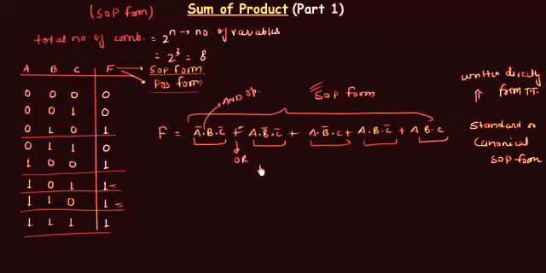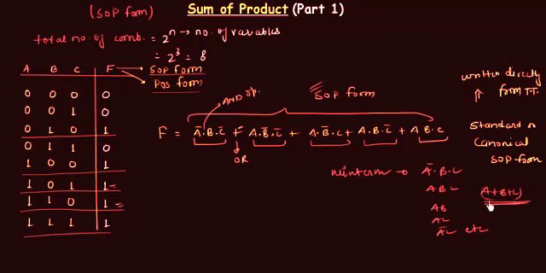But before that, let me explain you one important thing, that is the min term. The min term usually looks like A complement B C, A B C, A B, A C, A complement C, etc. I am calling it min term because if I write A or B or C, this is the max term, and if I write A and B and C, this is the min term. We are calling it max term and min term because of their look. So all these 6 are our min terms, and we write min terms as, let me first write down the decimal equivalent of these numbers.